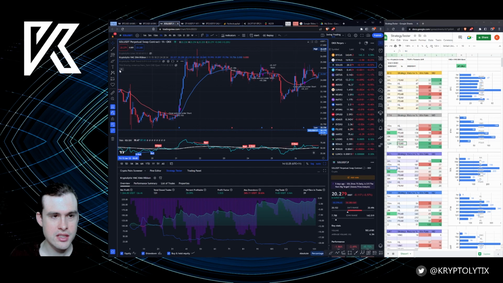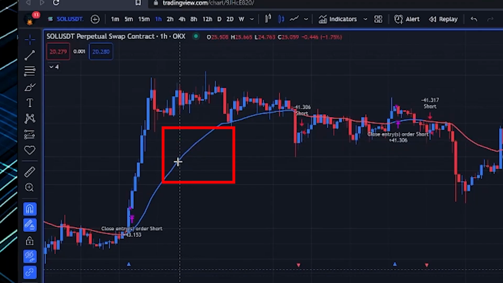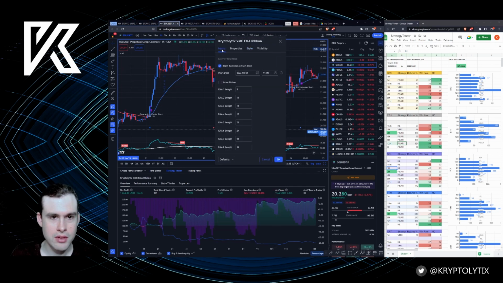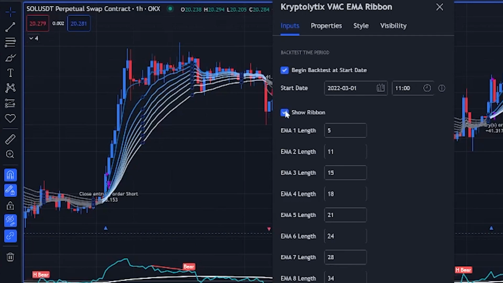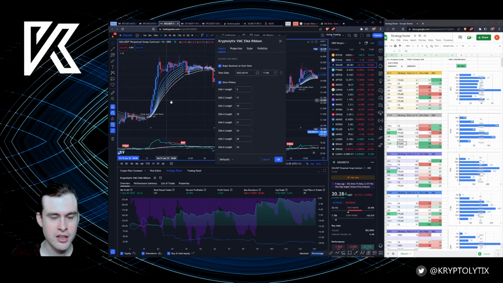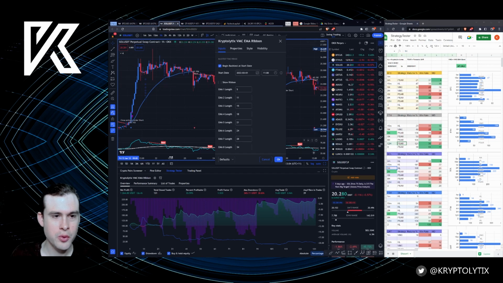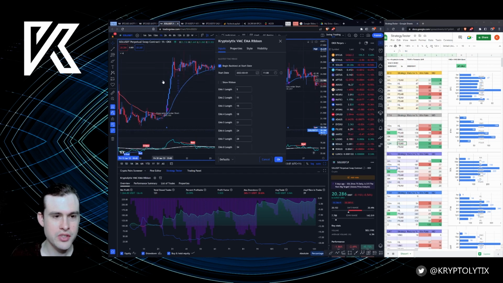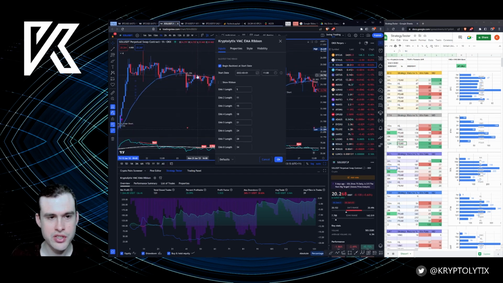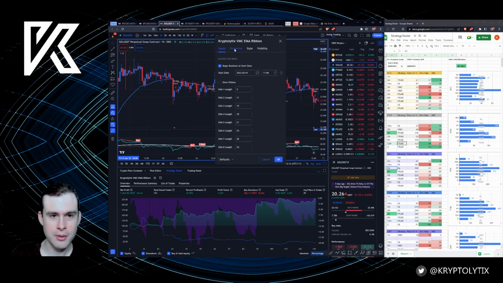And this is a modification of the Market Cipher indicator, where it's just this blue band. Now the blue band, just so you're aware, is an EMA ribbon, and it looks like this usually. But rather than this ribbon that's quite offensive and takes up a lot of real estate on the chart, what I've done is I've actually condensed it into a simple line, which is this here. So this here just shows when things are bullish and when things are bearish. And this is roughly the 21 smooth moving average as well. Give or take a little, but it's roughly. So if there's a couple closes above or below this, that's when the candle color changes. But it is based on an EMA ribbon, basically.